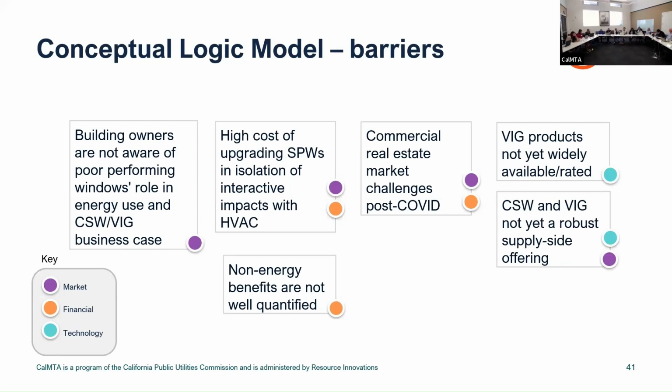A great question, and I think we have indoor air quality. It might be in the advancement plan as an example, along with sound abatement. It is relevant, especially in fire season. And getting back to the bigger part of the problem with windows in mild climates, it's less about conductive heat back and forth across the glass. It's the fact that they're old and leaky, so outdoor air is getting in. You're literally trying to air condition the outside, as Dad always warned you not to do. But it's also letting in smoke, particulates, and all that other stuff. So there are big opportunities for indoor air quality as well with secondary windows or VIG replacement.